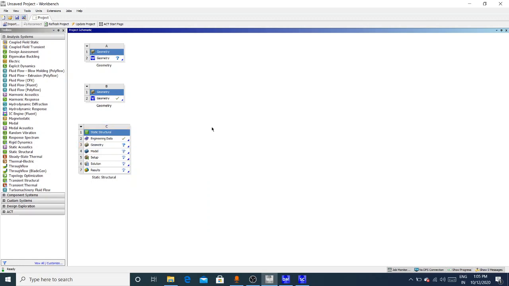So in this way we can create a geometry inside ANSYS, and these are the two ways basically, that is design modeler and SpaceClaim geometry editor. So that's all in this video tutorial. In our upcoming video tutorials we are going to see different commands in design modeler and SpaceClaim geometry editor.